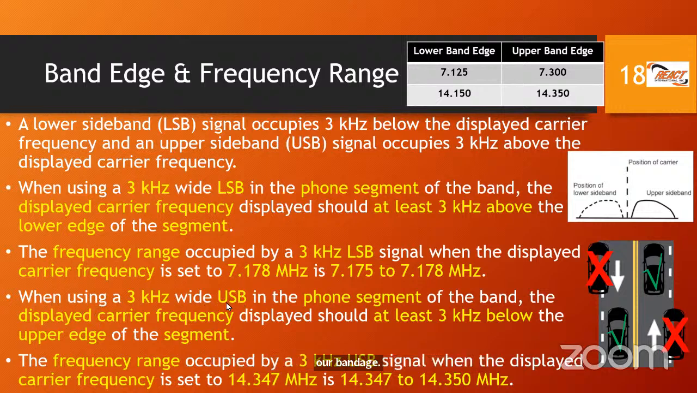So here's another exam question, bullet point. When using a 3 kilohertz wide USB in the phone segment, again, remember when we talk about the phone segment, we're talking about the voice portion of the band, the displayed carrier frequency, that is what we display on our radio, should be at least 3 kilohertz below the upper edge of the segment. What they're saying here, let's say we're talking about this frequency band here, right? 7.300, we cannot punch that in. We need to go, let's say,